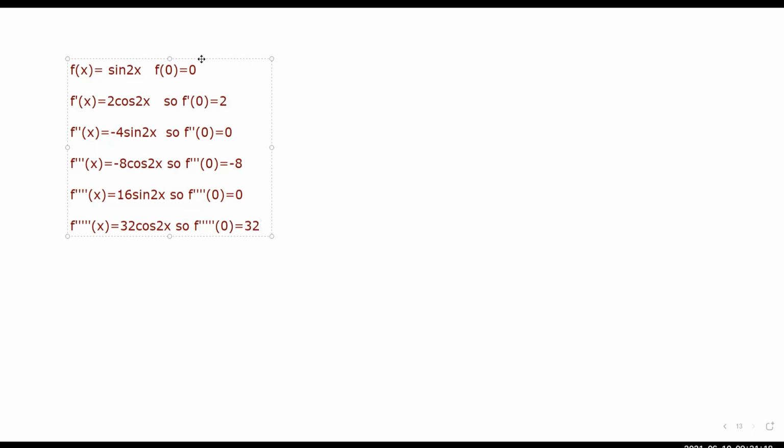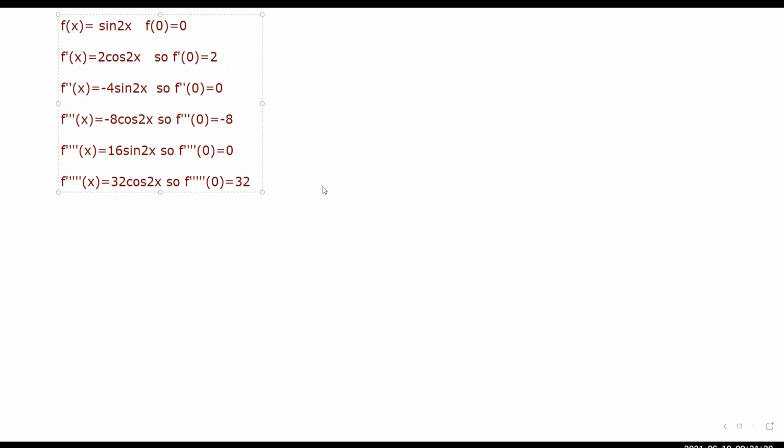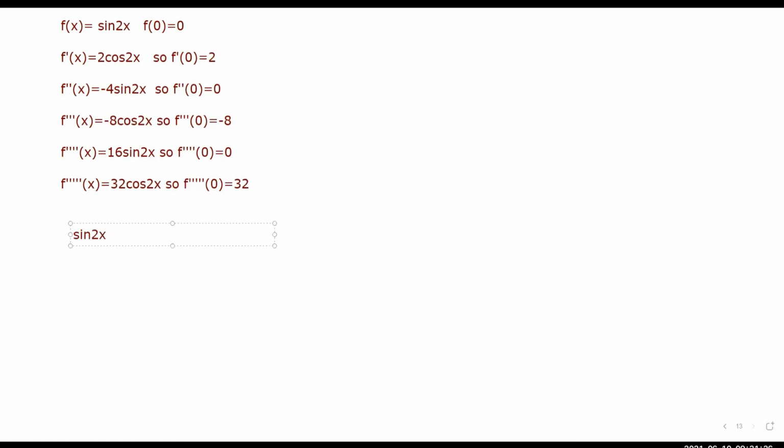Nice. Now we're almost finished. Now we just need to use that Maclaurin formula, and then sine 2x, remember, is equal to f of 0, which is 0, plus f prime of 0. f prime of 0 is 2, times x, plus f double prime, which is 0, times x squared over 2 factorial, plus,